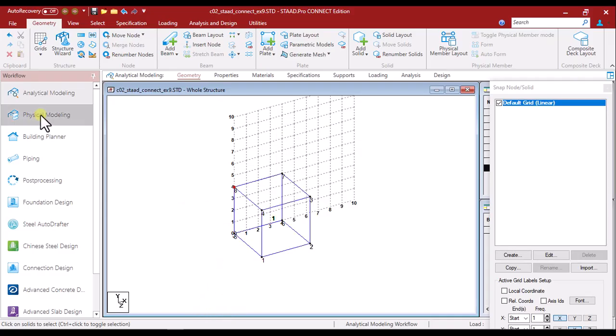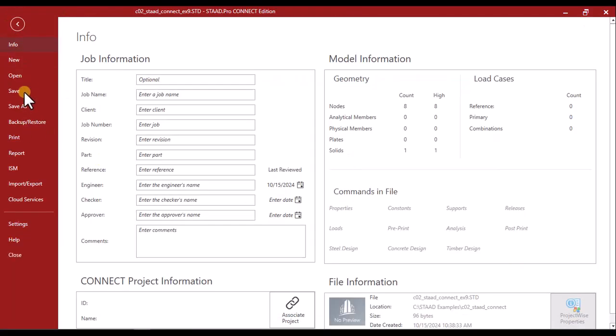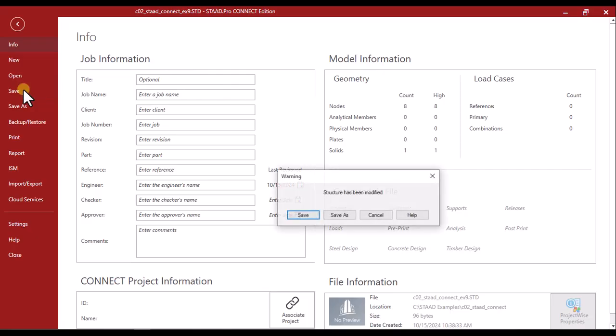Now choose the save option from the file menu and then save the